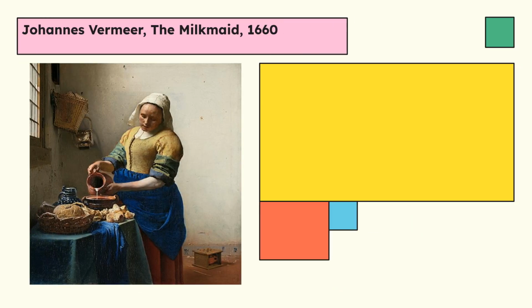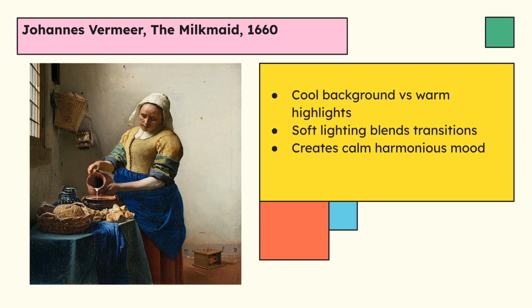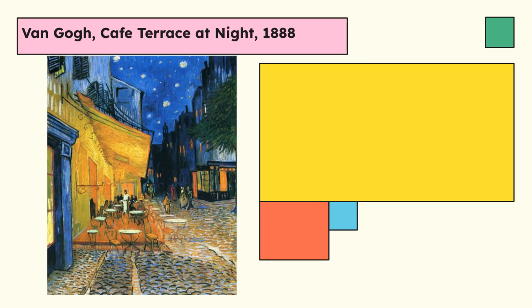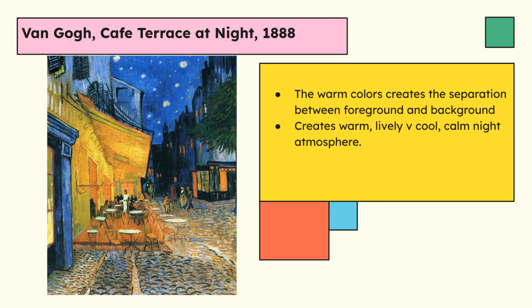In Vermeer's The Milkmaid, the triadic color scheme of blue, yellow, and red creates a feeling of stillness. The yellow and red add warmth and draw attention to the figure. Warm colors advance and draw the viewer into the smaller objects like the pitcher and the baskets, while the blue anchors the eye. In this Van Gogh painting, Café Terrace at Night, instead of using just one complement, Van Gogh